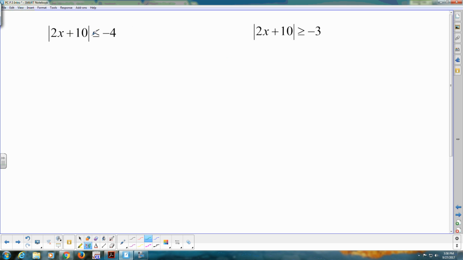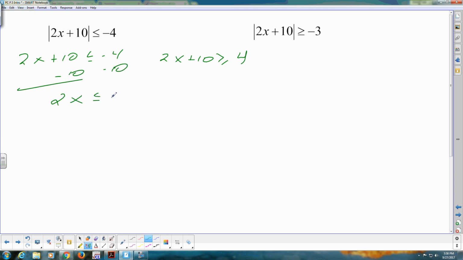Okay. On this, sure, you can do it the same way. Set it up, plus 10, less than or equal to negative 4. 2x plus 10, change the direction of the inequality, change the sign on the other side, because it already was negative, so we're changing the sign on it. Okay, subtract the 10, 2x less than or equal to negative 14, divided by 2, x is less than or equal to negative 7. Go to this one, subtract the 10, 2x greater than or equal to negative 6, divide the 2, x is greater than or equal to negative 3,